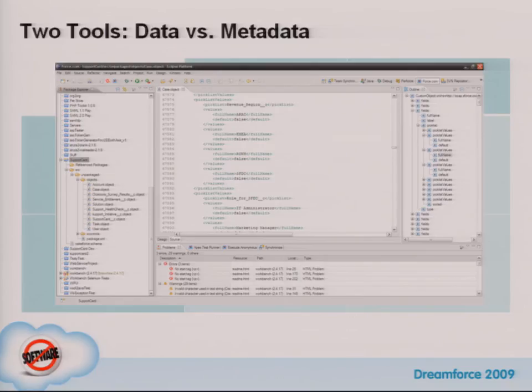And this, similar to the data loader, is connecting through the standard API for data. This is connecting through the metadata API on the back end, talking to Salesforce. So if you create a field, it's going to push it into Salesforce directly. And that's actually one of the things that's quite different. There were a few people that said they had done Java development or .NET development. So if you're using the IDE, or if you're using Eclipse for Java,